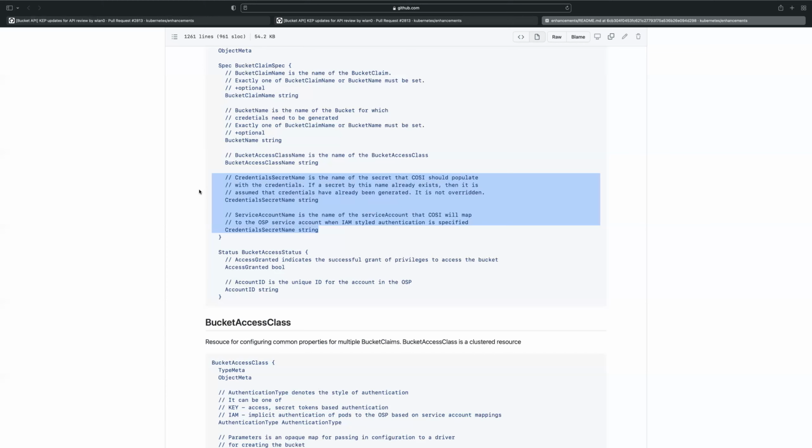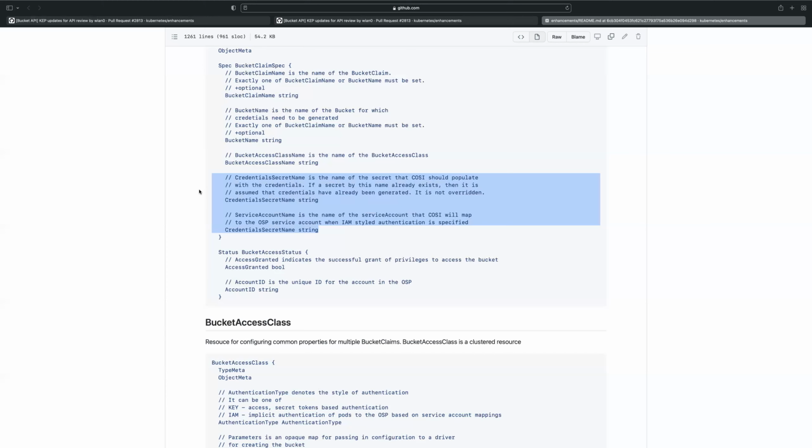Yeah, but for this field, you always have to fill it in. Same thing with service account, because what the user is requesting is a secret name that's going to be the same as the secret name that's in their pod, which is where they're going to get their cozy bucket information, the bucket.json effectively. And the service account name is also non-optional because you don't know what the driver is going to do with it. It might ignore it, but it might use it. So it has to match.